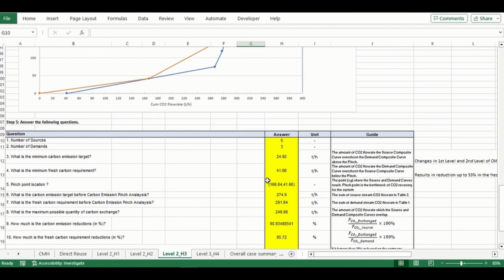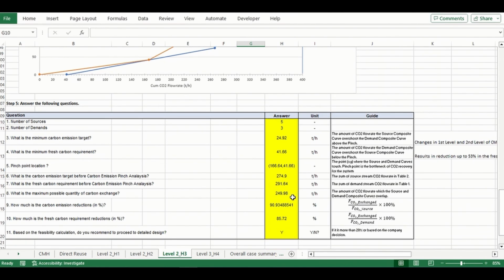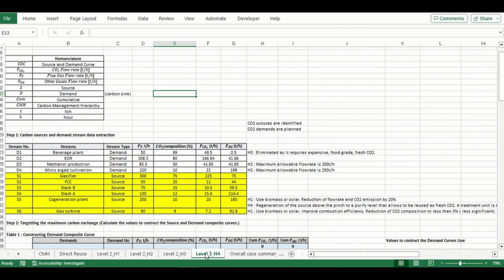And now we'll get a new fresh carbon requirement of 40.66, but there's a slight increase in the minimum carbon emission target. This is due to the change in the pinch point location. But still, the reduction of the carbon emission is about 90%, and the reduction of fresh carbon requirement is 85%. Following that, for H4,